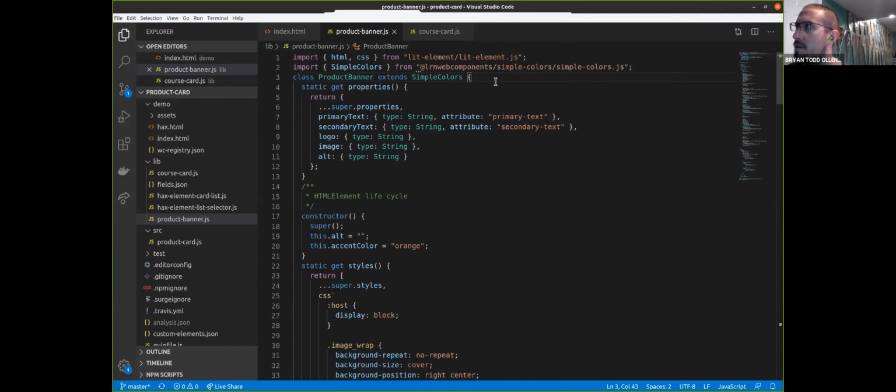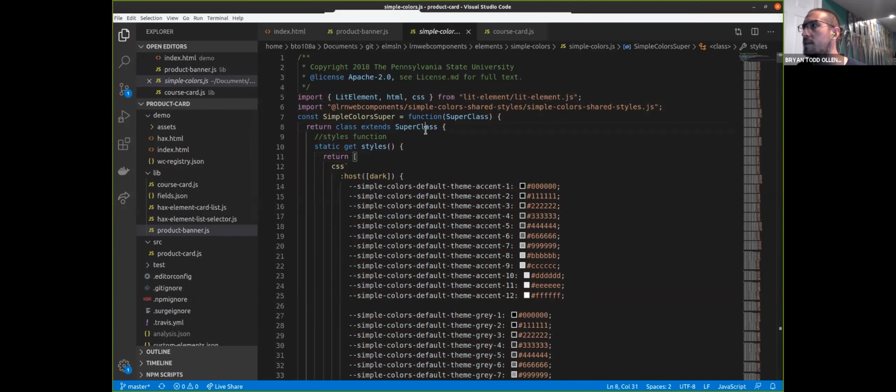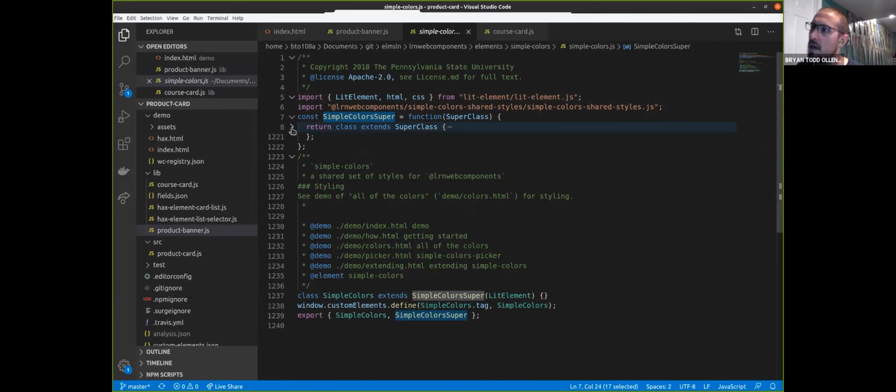Simple colors is actually a base class, and it's built on top of lit element. I can trace into this and we'll see there's a simple colors super class, and then we wrap that on lit element so that you can use either. If you're using vanilla HTML, you could pull this in, which is why we make it the super class. Or if you just want to use the one that we already have,